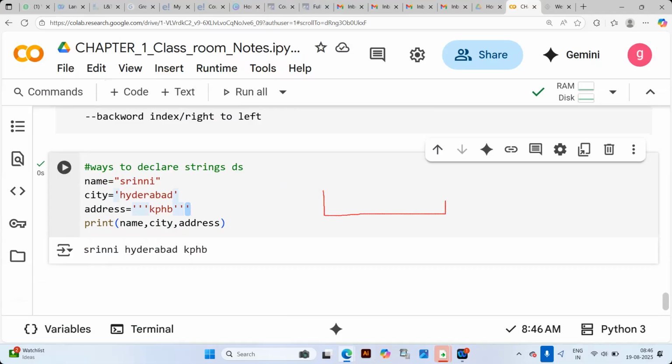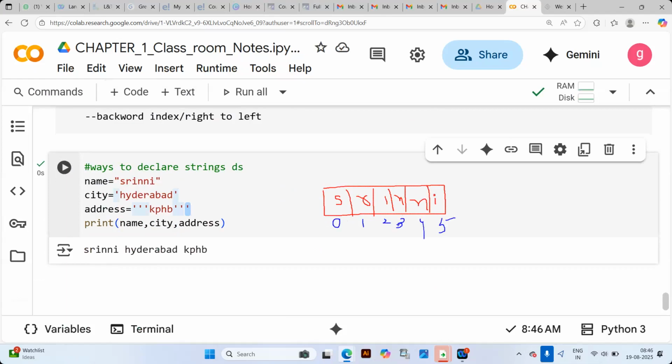Internally, it allocates memory, and each character, S R I N I, is held in one particular block of memory. With indexing, at the 0th index S exists, at the first index R, at the second index I, then 3, 4, 5.